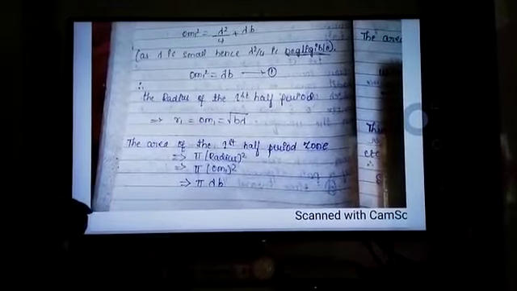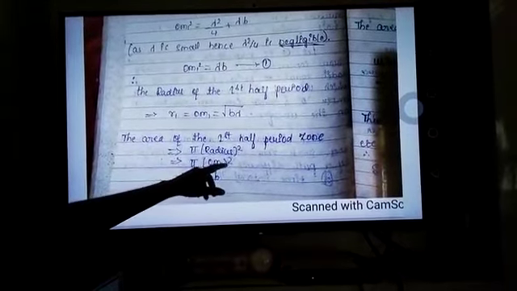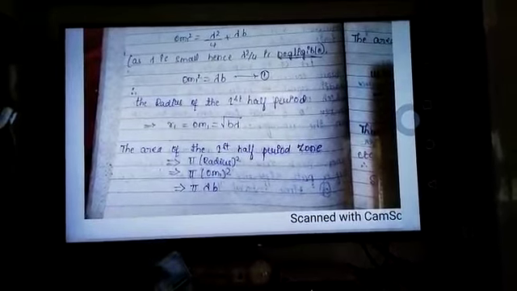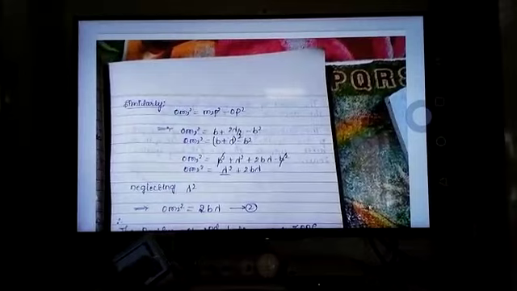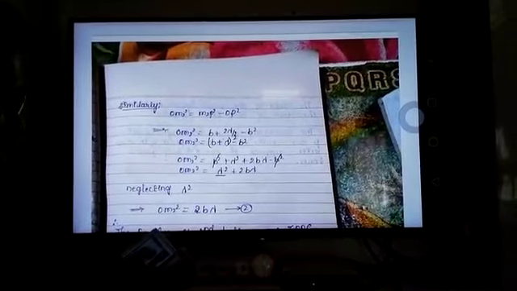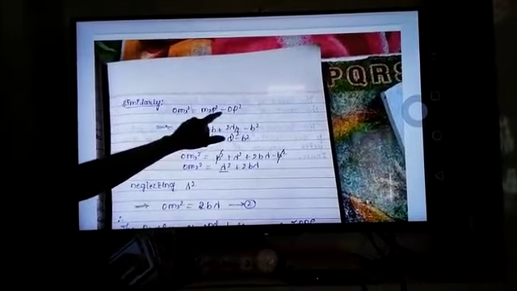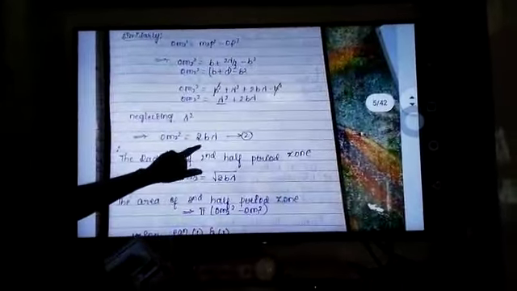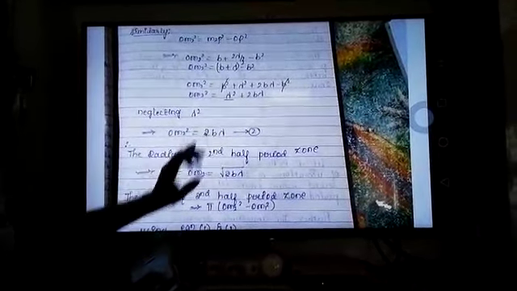In general, the area of a circle is pi r square. So substituting the radius, the area is pi OM1 square, that is pi lambda b. In a similar way, let us consider the second triangle. From that triangle, OM2 square is equal to M2P square minus OP square. After that, you will get OM2 square is equal to 2b lambda.